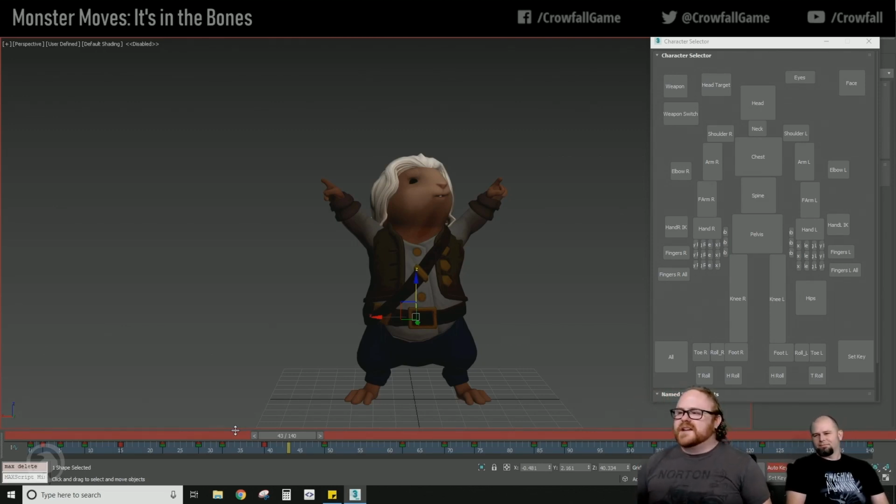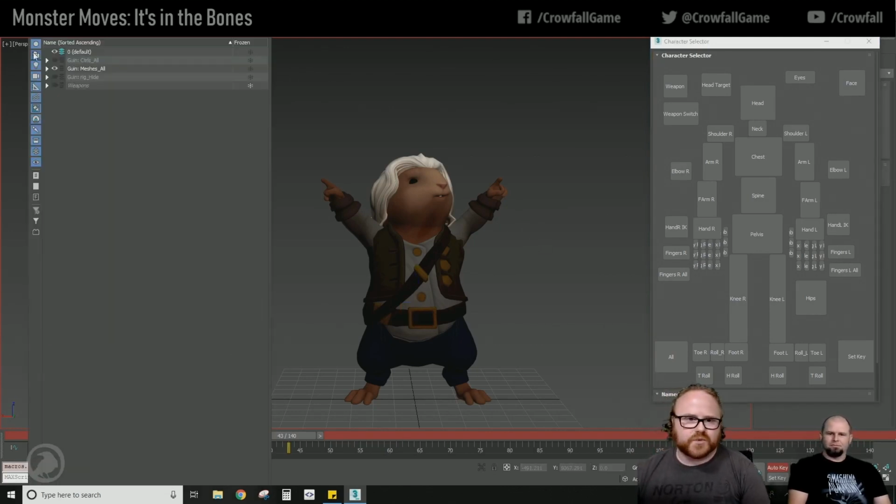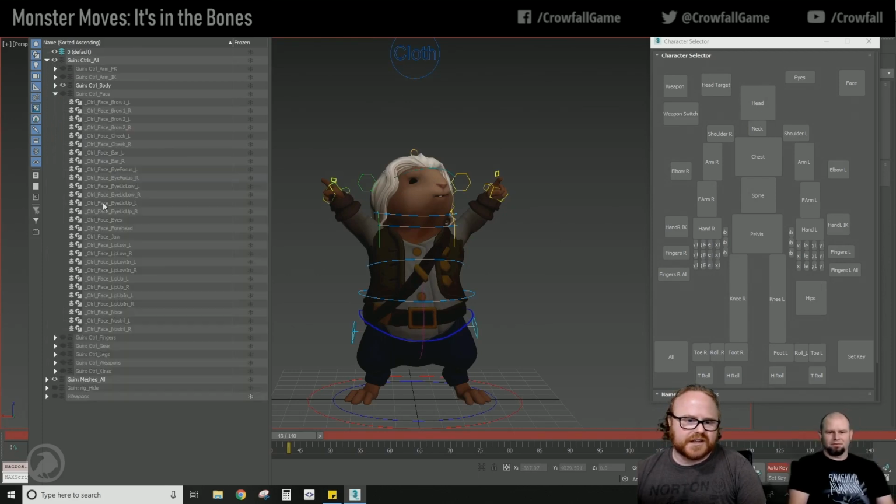Well, this doesn't really ramp up to quadrupeds or any more complex characters. I used to have a fancier one at my last job where I had a bunch of blank slots here that I could just retarget. You could right click on it and retarget it to anything I wanted and save that out, but I haven't been able to propagate that over yet. But this hits about 80% of the rigs that we have here. If it's a more complex rig or there's something not accounted for, like the hair, I just turn on the controls or select them out in this menu here. Like if I want to get the jaw,